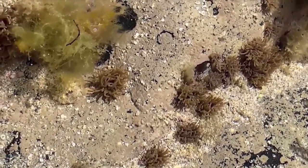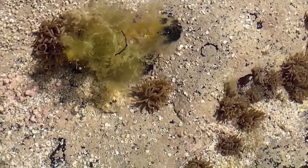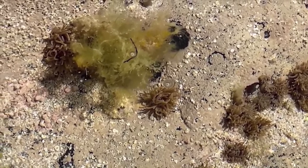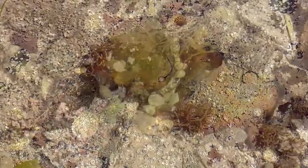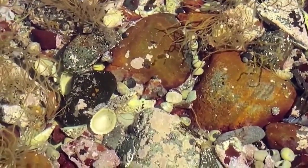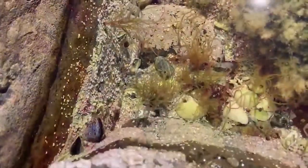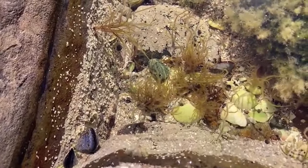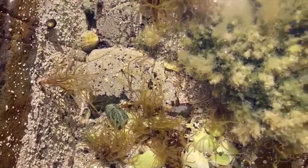These are sea anemones, a type of animal related to corals and jellyfish. The tentacles are being used to capture food from the water and bring it to the mouth in the centre of the animal. These rock pools contain lots of shells. Some are empty, but there are many with the animals still inside. In the bottom left of this picture, you can see a couple of mussels with their purple shells gaping slightly